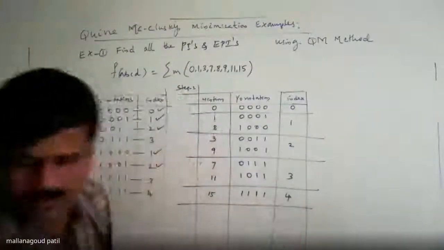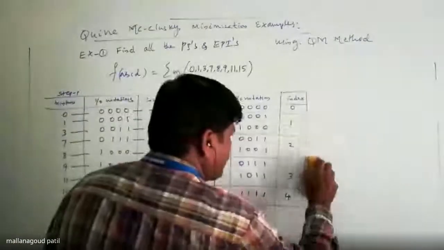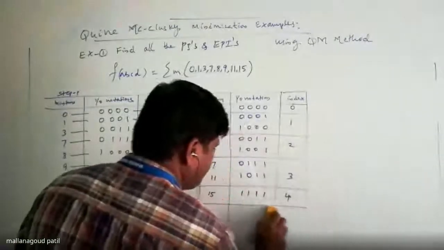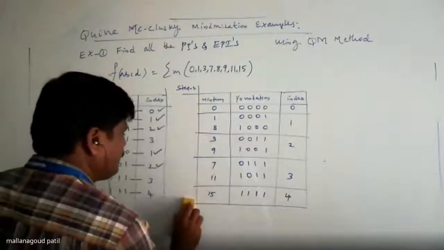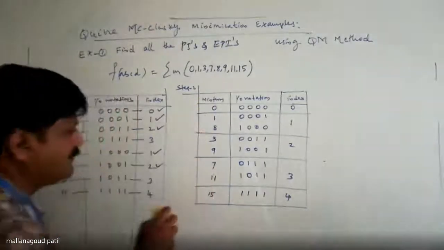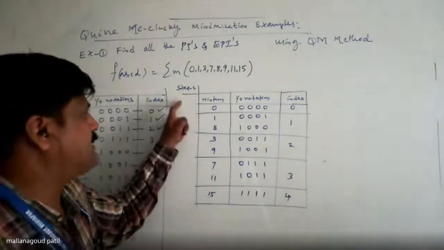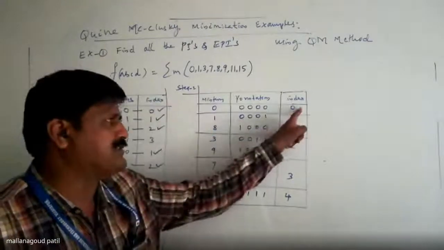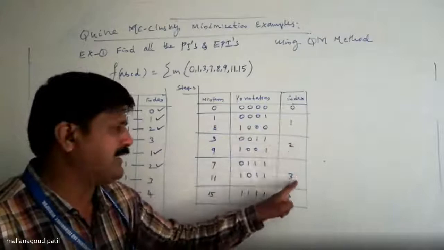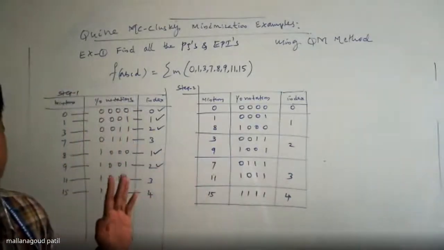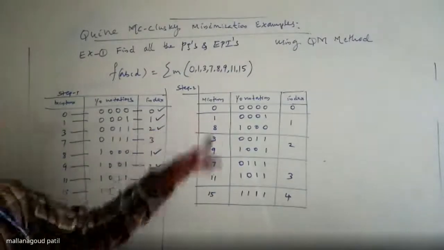This is step number 2. Actually, we need to start comparing from the lower index to the higher index. Now you see, in step number 2 we compare index 0 to index 1. Similarly, index 1 to index 2, index 2 to 3, and 3 to 4. Now once again you have to go for step 3.